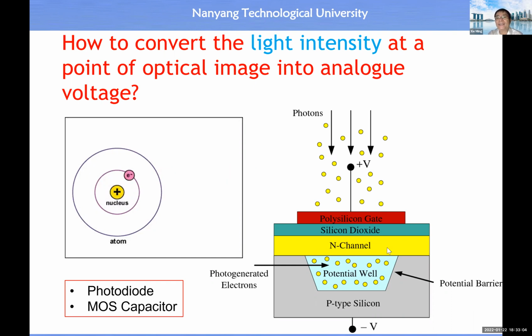N-type silicon means, due to the doping, we dope another atom inside. So that means this is a silicon which is ready to receive a positive charge. Positive charge, yeah. This is a P-type means is a silicon which is ready to receive a negative charge like